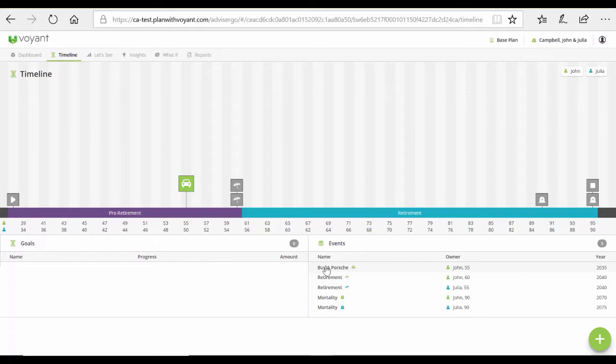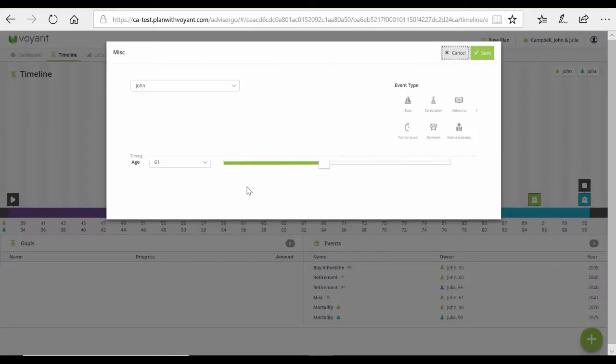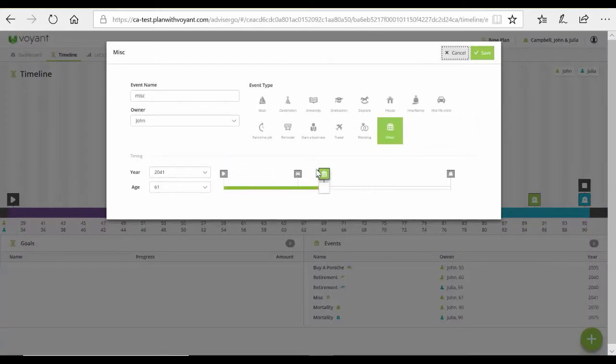saved into your plan. You also have the option now, and this is new, to simply double-click on the bar or year of the chart in which you wish to add an event. Let's say, for example, following retirement, right here, that they wish to begin seeing the world, traveling the globe. We can simply click on that bar of the chart. You'll see already positioned in the year after their retirement is this new event. We can select an appropriate icon, give the event a name, travel the globe, and click Save to add it